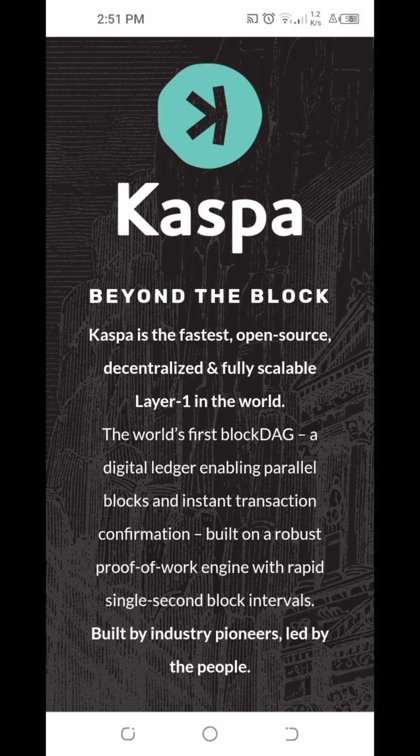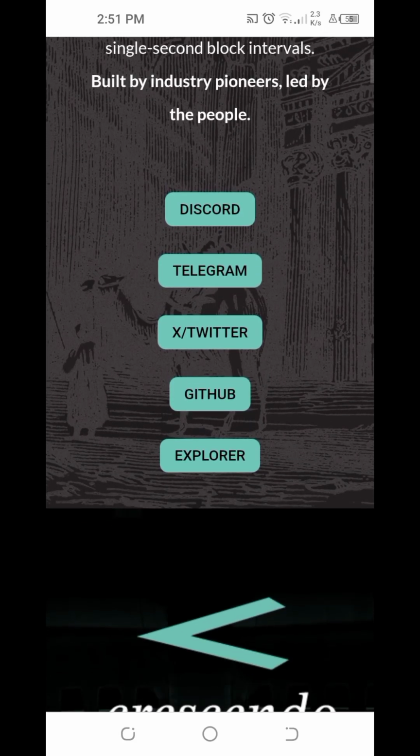Okay, so based on my own research and my simple explanation, we can treat Caspa as a cheaper version of Bitcoin. On our future videos, I'll uncover more information about the Caspa cryptocurrency, including its use case. But for this specific video, we're going to focus more on how we can install the Caspium wallet, so that in the future, if we have that chance to buy the Caspa cryptocurrency on a rock bottom bear market, we are already prepared, and we can store our Caspa cryptocurrency on the Caspium wallet.